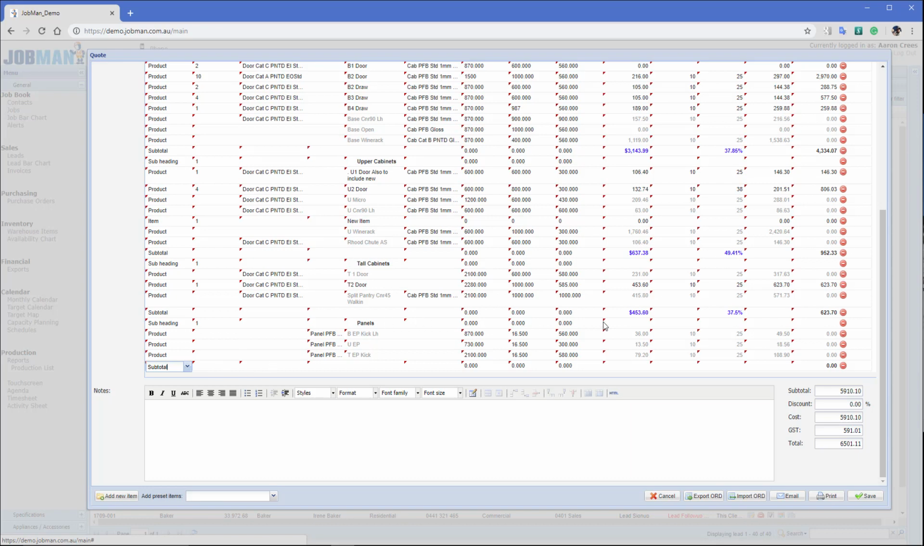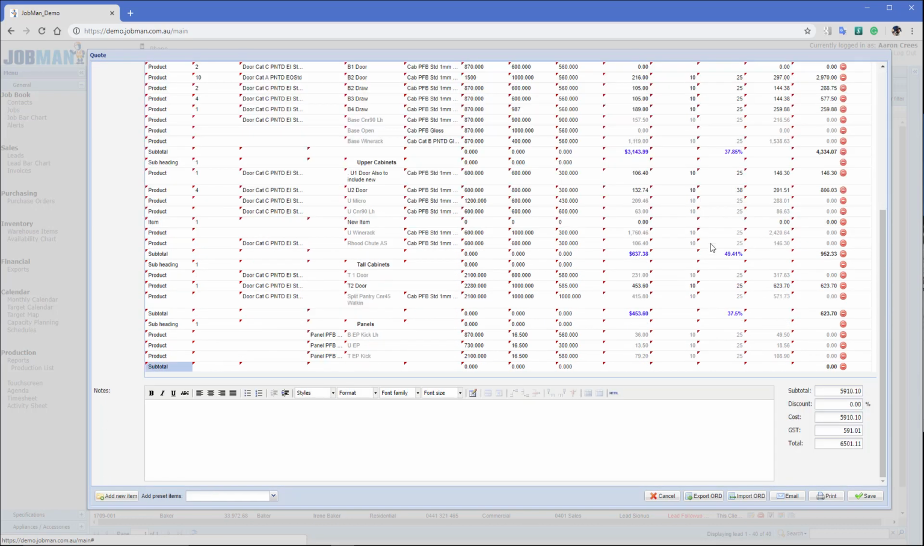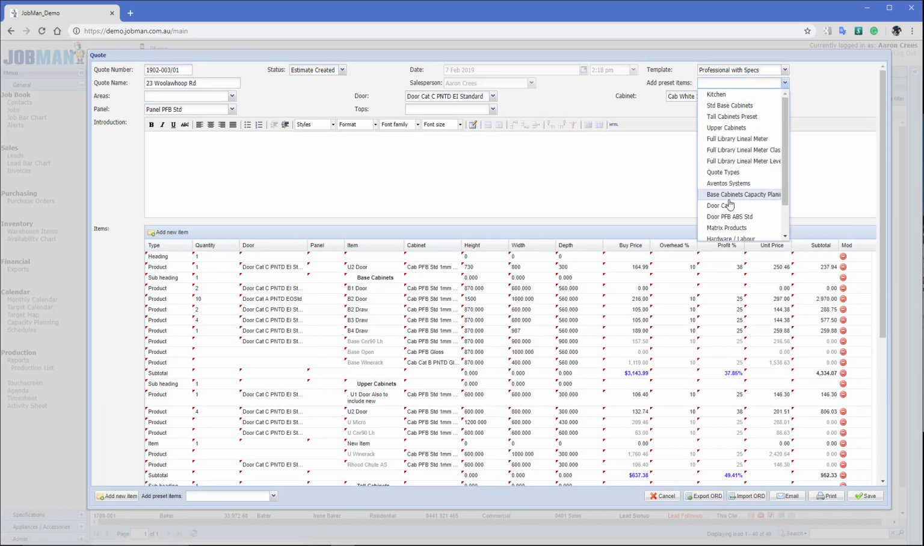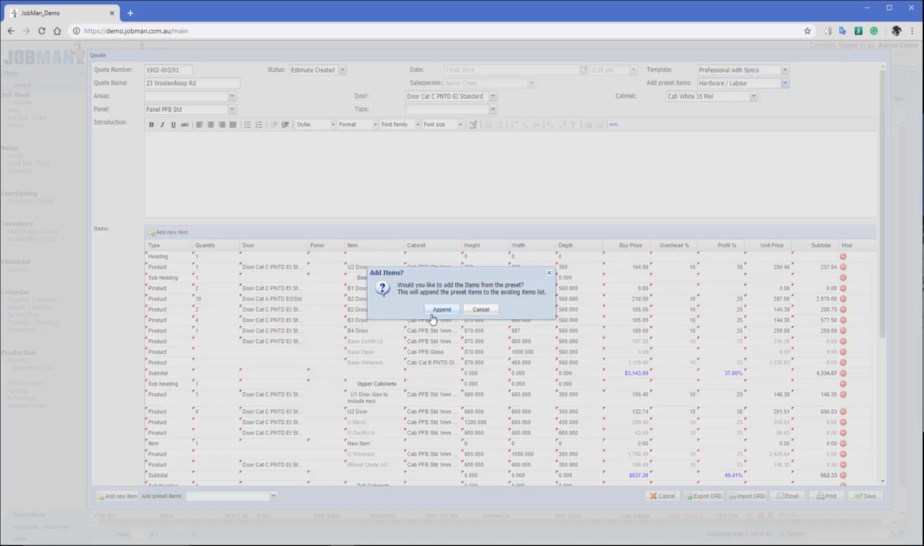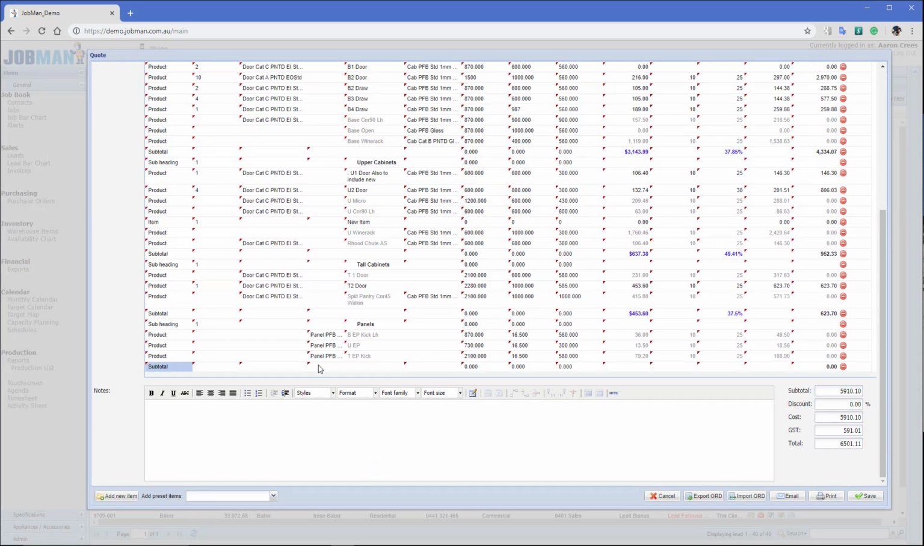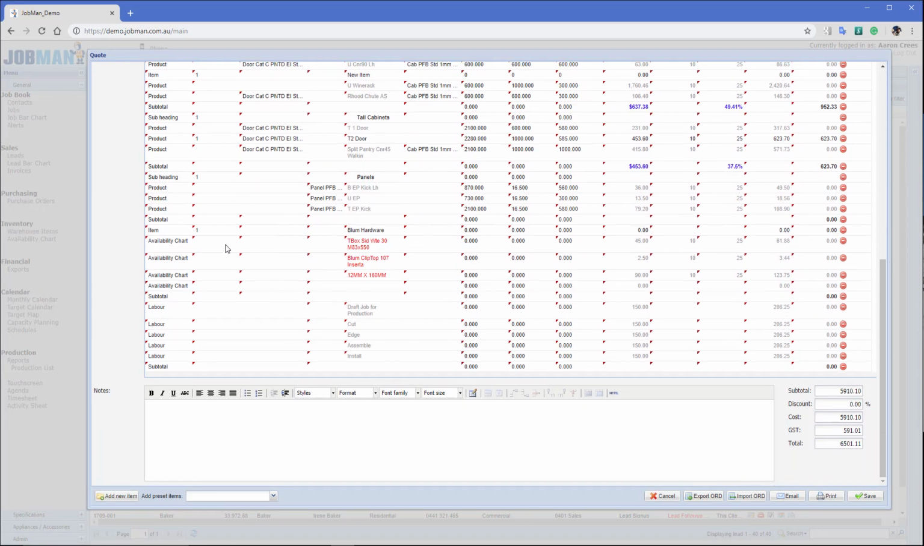Now we can also come down the bottom here and add in other things like our hardware and labor, okay? So we can pull that in and there they are. So we can add in hardware as random items, so we can put 45 of them. And these items will actually populate the job when we accept the quote. So here we go, and we've got